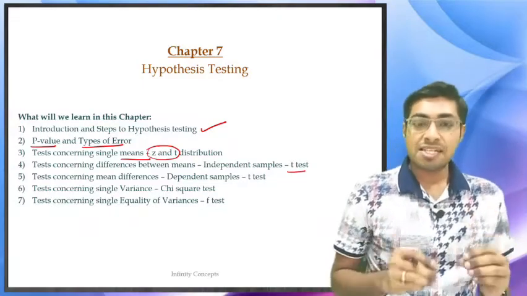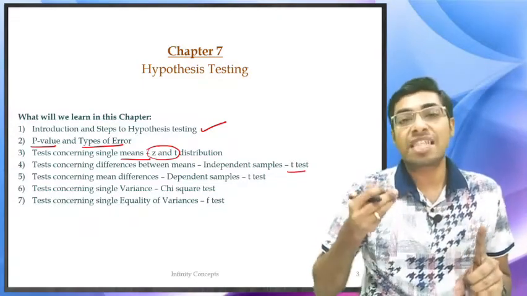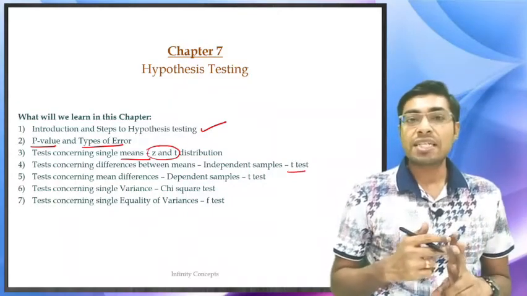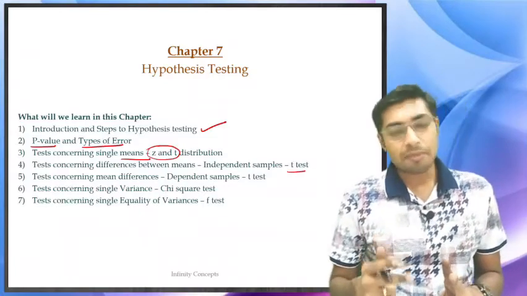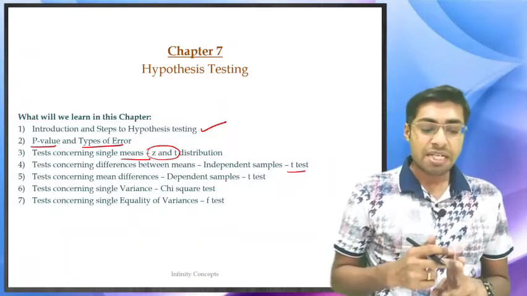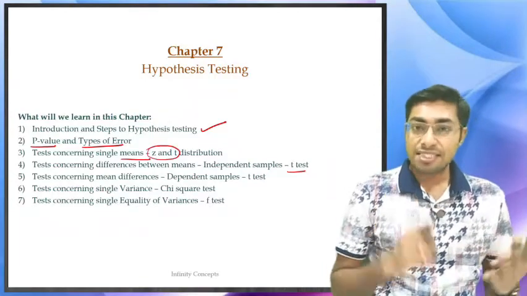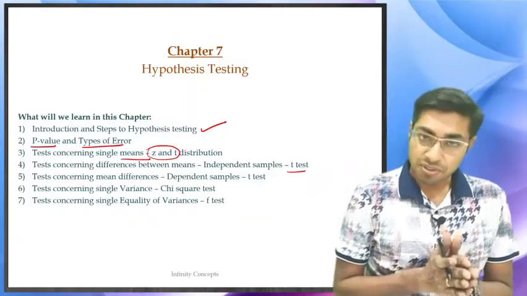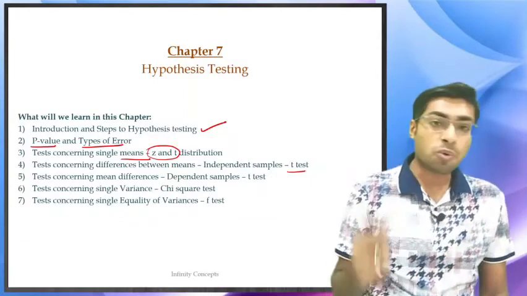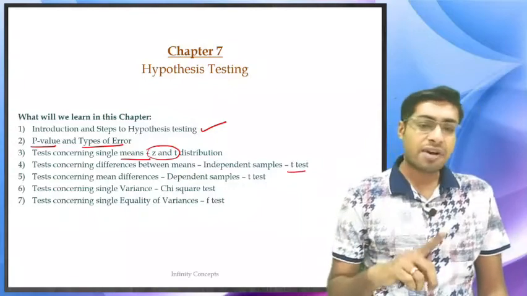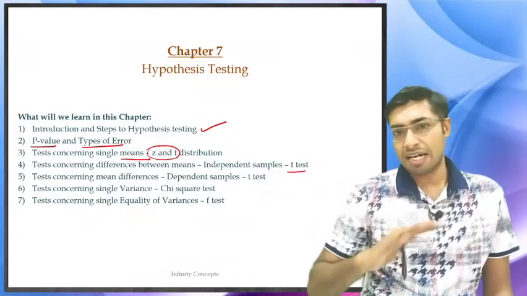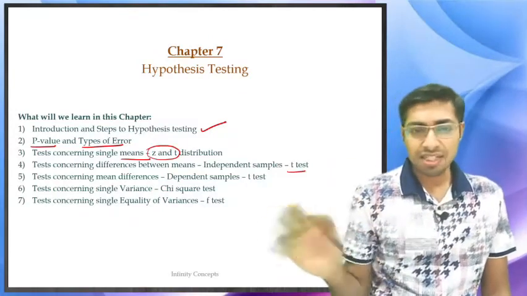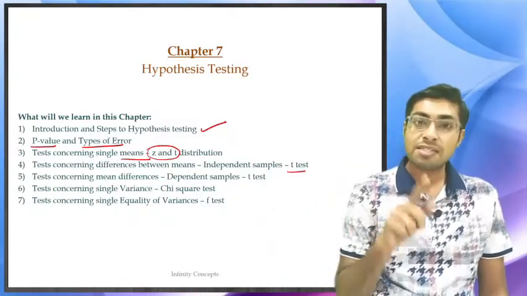For the time being, just understand that we will be learning what hypothesis testing is. Next we will be learning the p-value and the types of error, so type 1 and type 2 error. Then we will be learning when to use z-test, t-test, chi-square test and f-test. So these are the 4 tests that we are going to learn. Z-test and t-test, how to calculate, we have already seen. Chi-square and f-test are also similar, not materially different. It is just a slight variance or change, nothing much difficult. That is what we will be seeing.